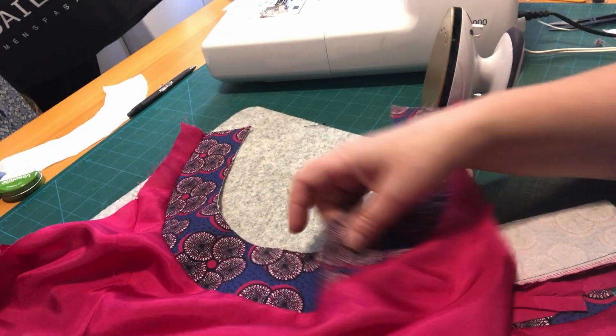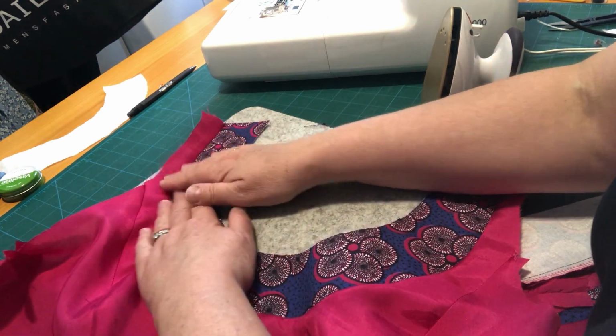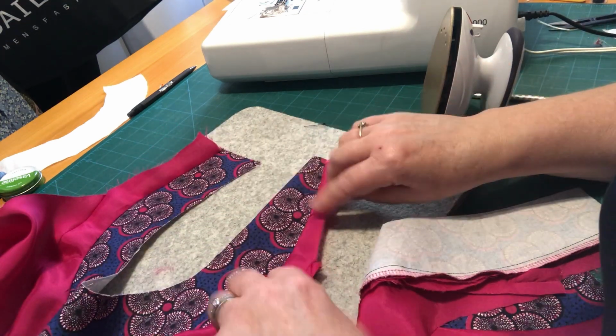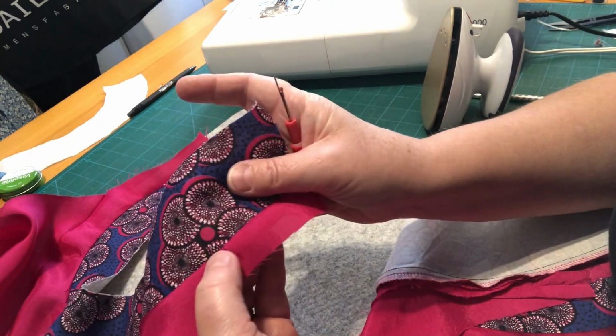Okay, so I've just finished ironing this neckline edge on, and mostly I'm happy with it. I just had one little pucker, and would you believe it was on a straight bit? So all I'm going to do with that one, if you can see it just there, look, a little pucker